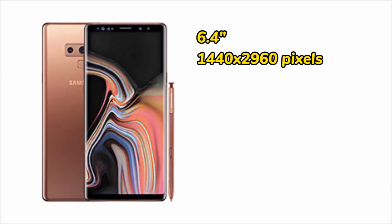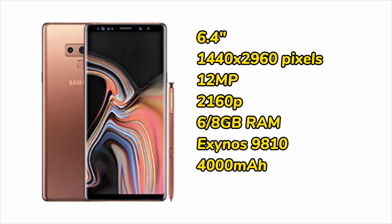Kicking things off is the Galaxy Note 9. Released in 2018, this device boasts a gorgeous 6.4-inch Super AMOLED display that still holds its own today. Under the hood, you'll find either the Snapdragon 845 or Exynos 9810 chipset, depending on the region, along with 8 gigs of RAM. The S Pen adds an extra layer of productivity and creativity, while the dual camera system offers